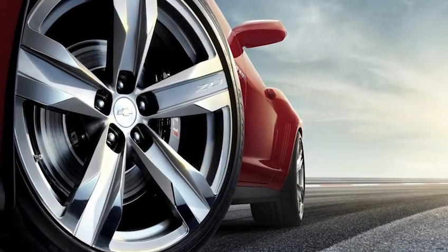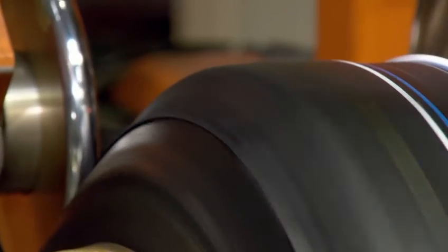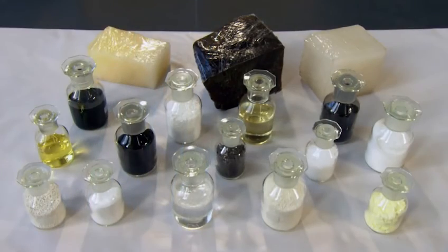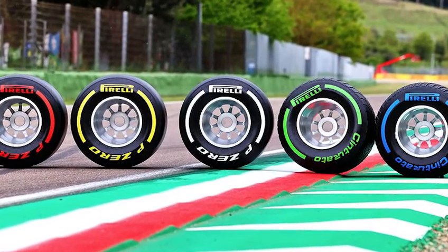compounds. If you don't know, F1 tyres are far tougher than those used on ordinary cars, which are inherently built to last for 20,000 miles or more. Regardless, they would not stand a chance against the rigors of F1 racing. Often, different types of tyre compounds are available to teams, such as hard and soft or special tyres used in